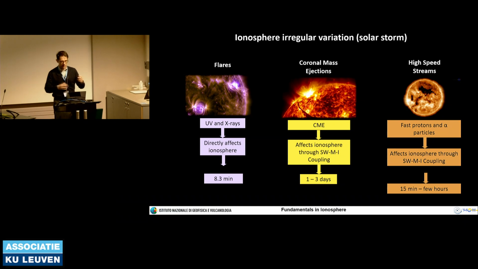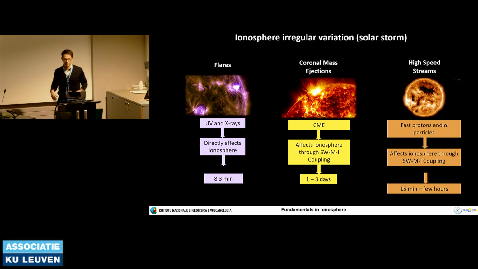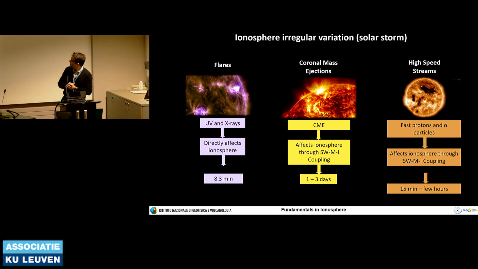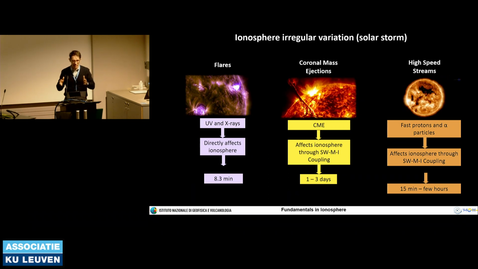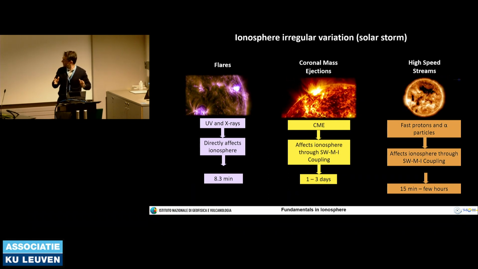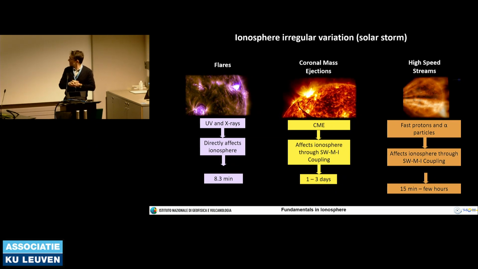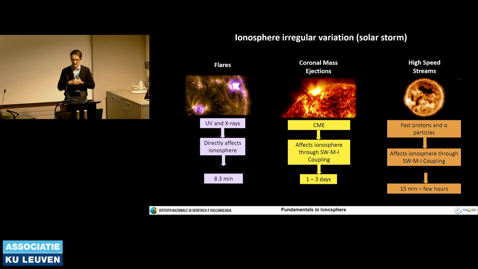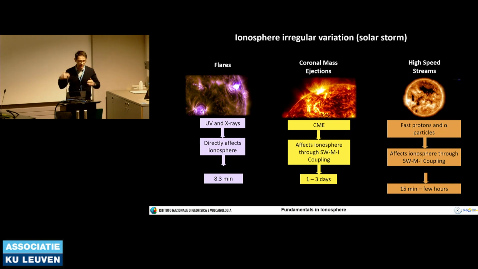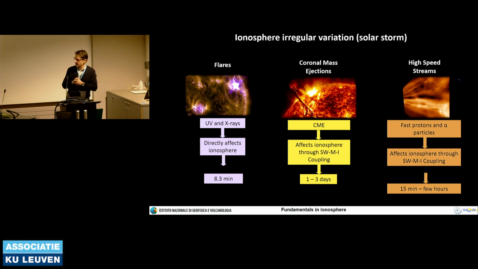Okay, if we want to simplify the problem, we may say that there are three main sources of geospace forcing to the ionosphere. First, solar flares: neutral radiation suddenly impacting the ionosphere roughly 8 minutes after they are launched from the Sun. They are neutral, so they directly affect the ionosphere. The interplanetary magnetic field doesn't matter for them.